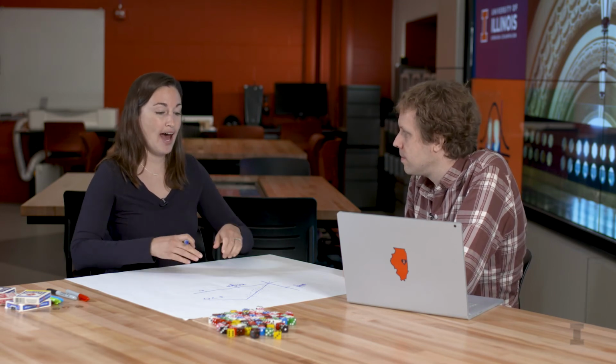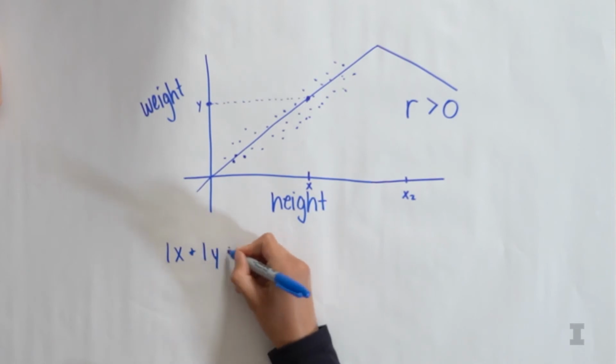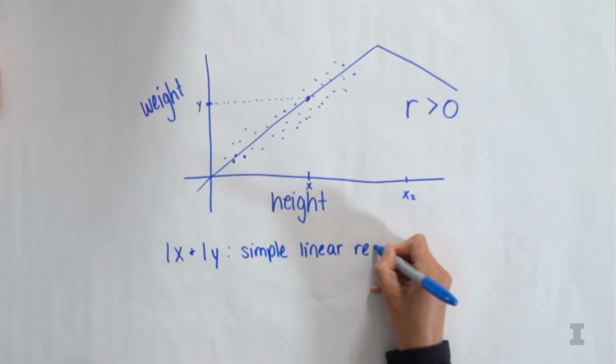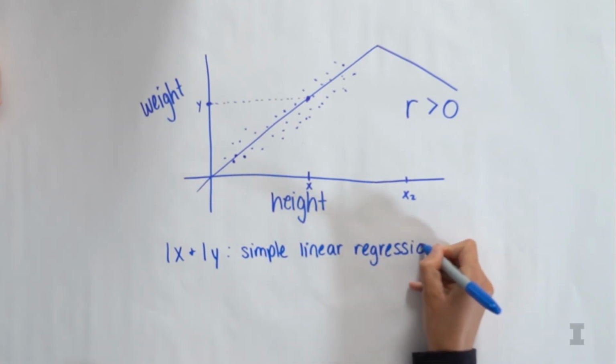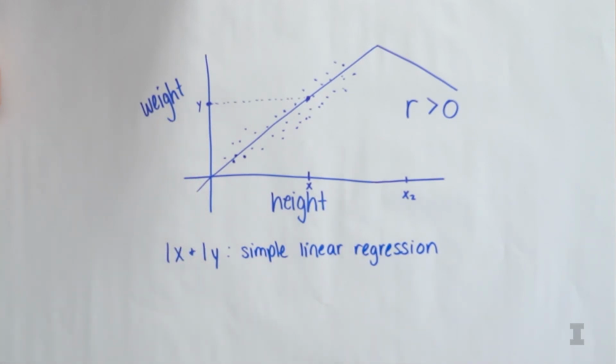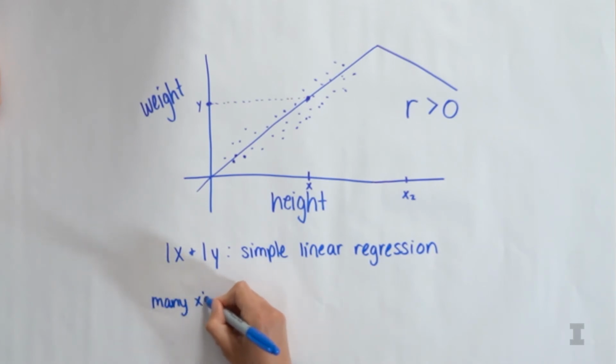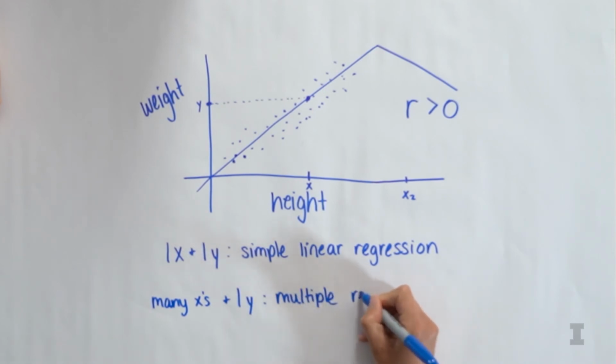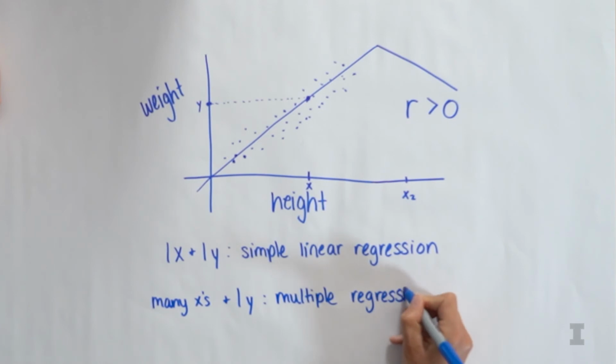And then the second thing I want to say about regression is that we only had, in this case, one X and one Y. If we have one X and one Y, we call this simple linear regression. It's simple, it's not complicated. We just have one input and one output. But there is something called multiple regression, and multiple regression has many X's and one Y. The math behind multiple regression is actually very complicated, but the Python code is actually pretty simple.